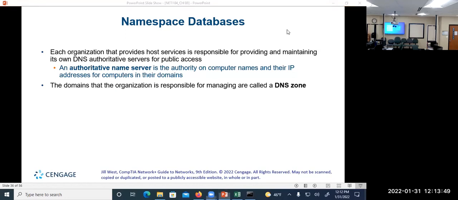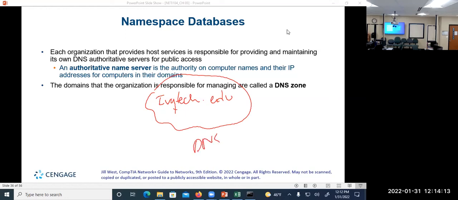Let's think about this one here. Take IPtech.edu. That is also a domain name, right? So for the IPtech community college, you have to maintain the DNS server. So every computer inside the IPtech campus, in the IPtech network,